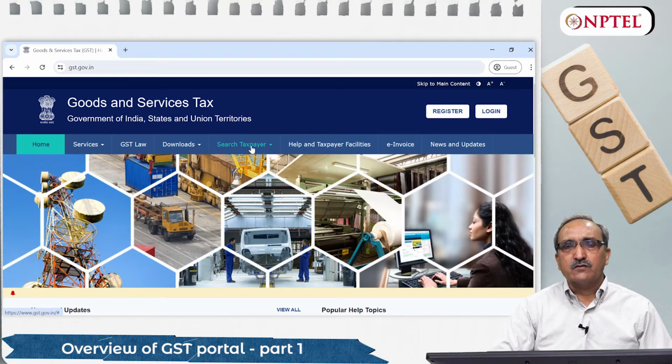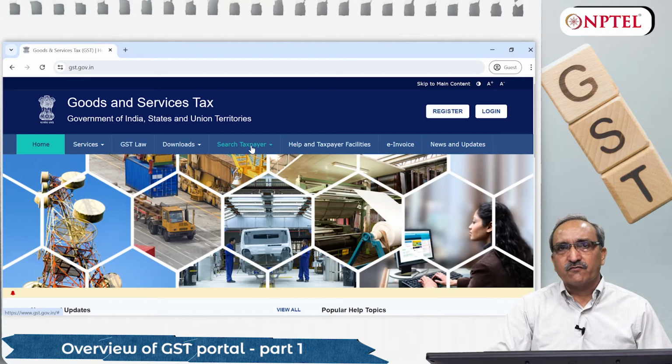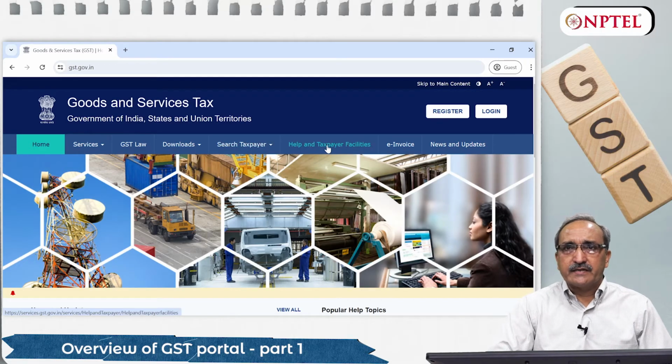Then if you want to search for any taxpayer who is a registered person in GST and what his status is, whether he is active or not, you can check from here while dealing with that particular person. Then there is Help and Taxpayer Facilities, meaning there are some educational slides and educational videos, which we will go through in this presentation, and we will see how they work